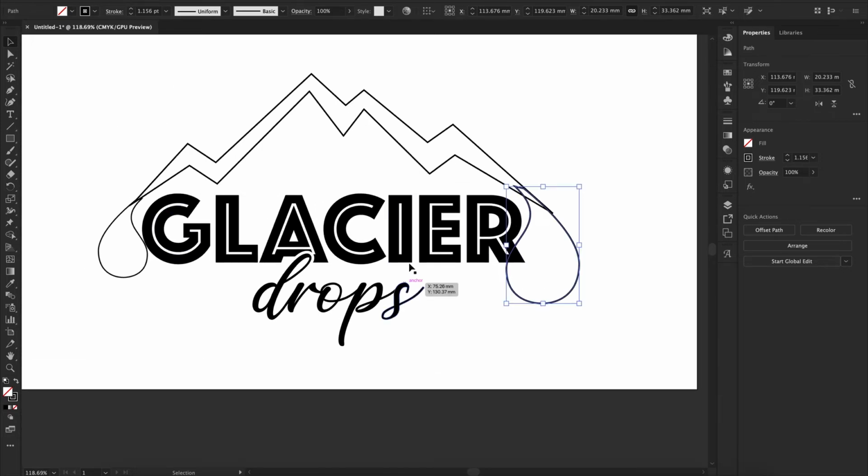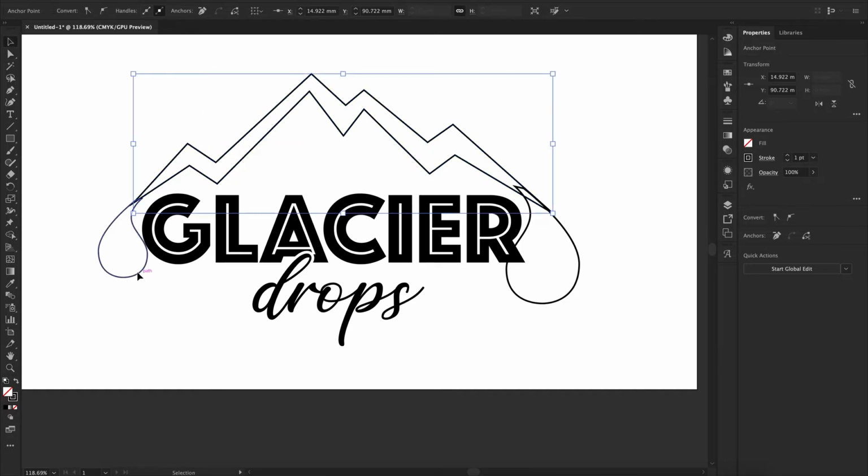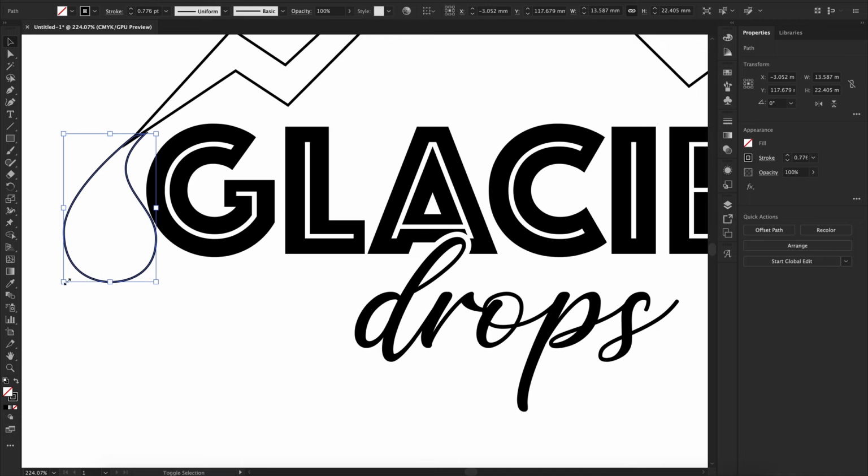But at this point, I'm just looking at the whole logo, the layout, to see whether I can make some adjustments before I commit to combining these shapes, because I want to combine them into one, from the mountain to the drops, and make it one object in the end. So yeah,